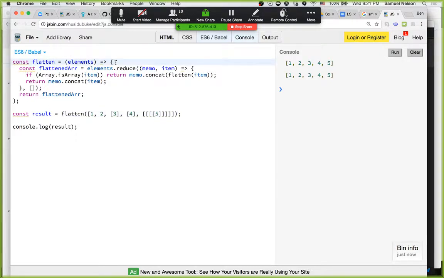So we come up here, and elements is this. That array is the elements array. So we come down to this line, and then we have this flattened array. We're saying flattened array is equal to this big long expression right here. So in order for it to know what flattened array is, in order for it to know what's going on here, it has to